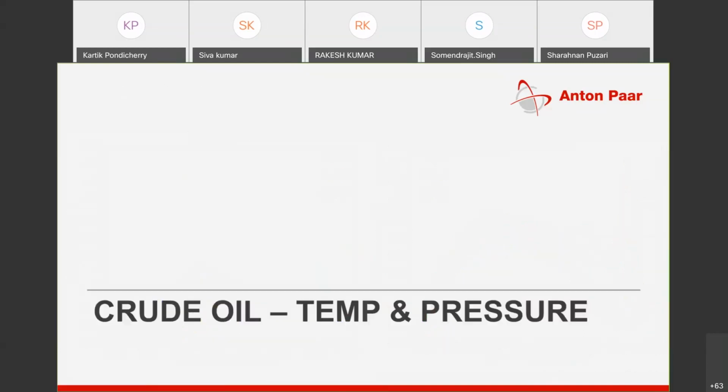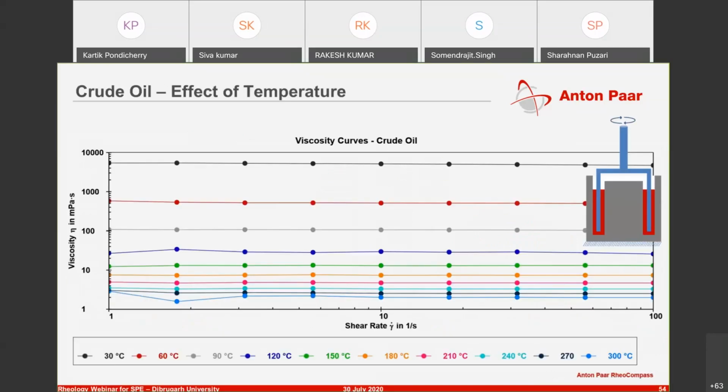Now we come to crude oil and the effect of temperature and pressure. So here crude oil has, let's say, a low viscosity to begin with at room temperature, and at room temperature has high viscosity, and as you increase the temperature, this is at 300 degrees, you have low viscosity. And for this particular test, we use something known as a double gap system, which enables you to have a larger surface area, whereby increasing the torque that's required to